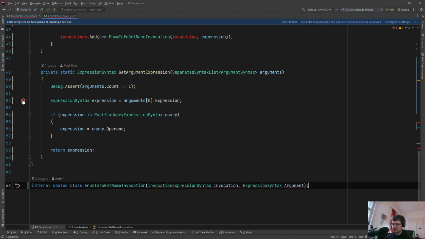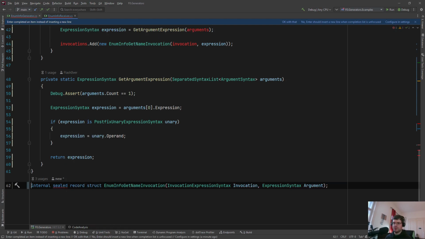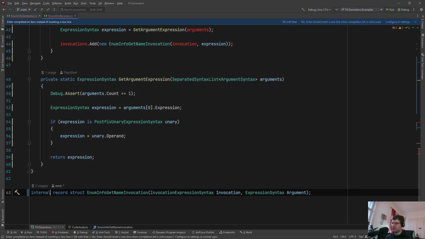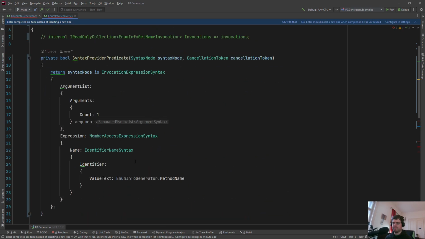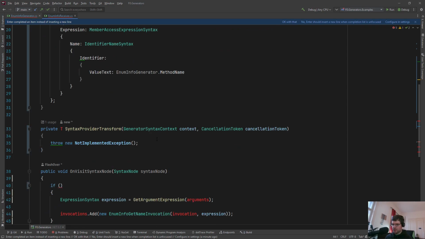Okay. So let's make this a struct. Record struct, of course. Oops. Records can't be sealed because they cannot be inherited anyway. Okay. Now in